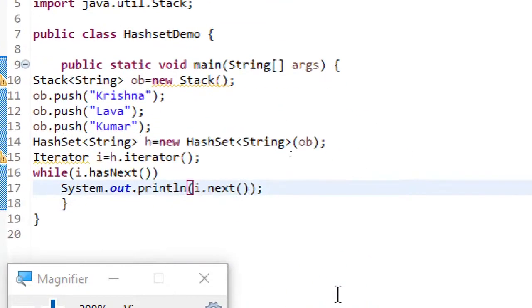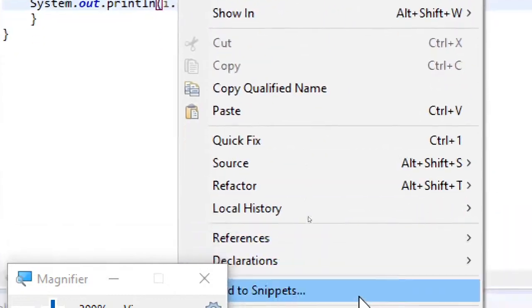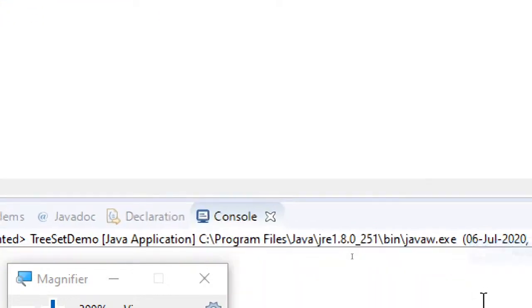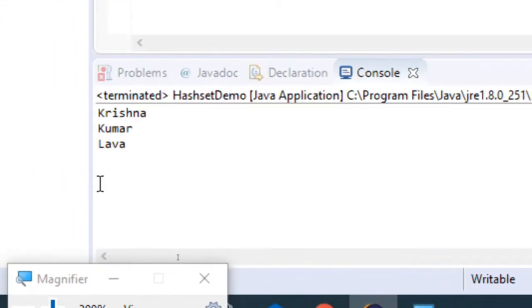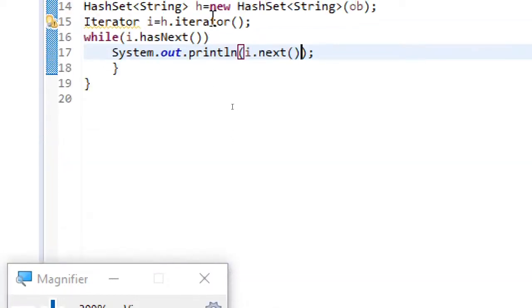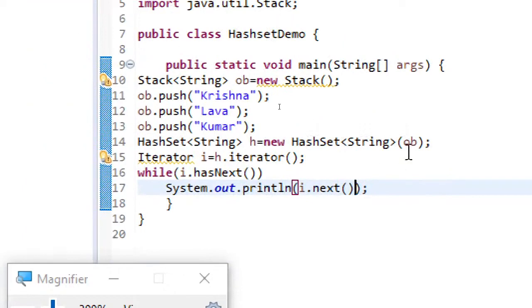Let's run this and see how it will come. Yeah, here you can see this is how you can even pass another collection to any other collection also.